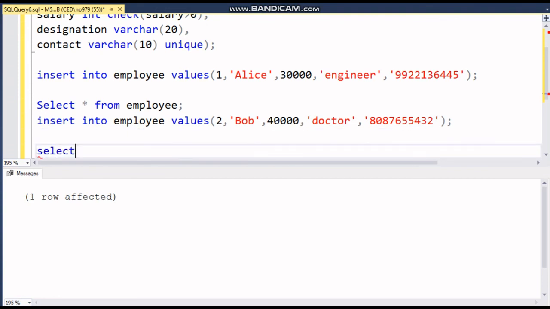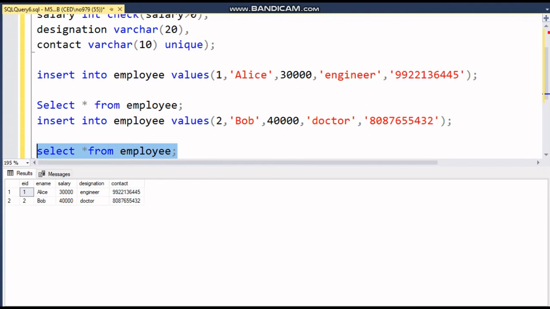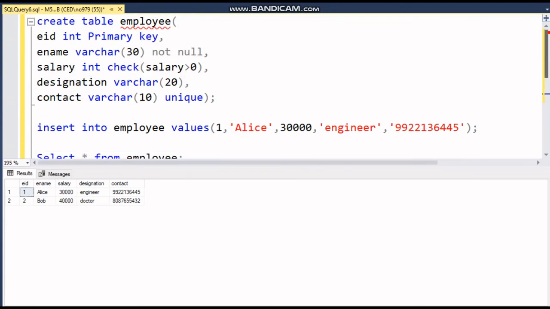Now we can view this record with the help of the select command. Select star from table name employee. Execute this, and we have two records in this employee table. Understood? In this way you can insert different records in the table, view the records, and use different constraints in the create table statement.